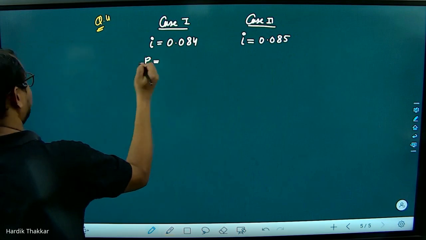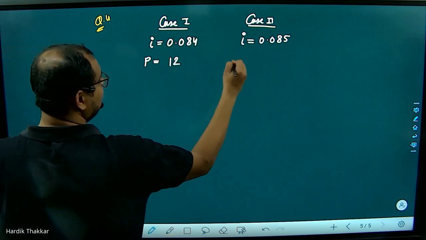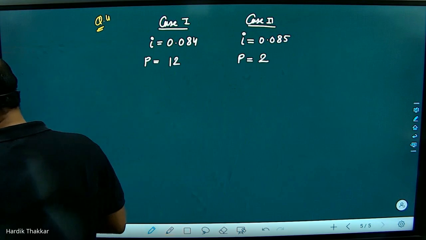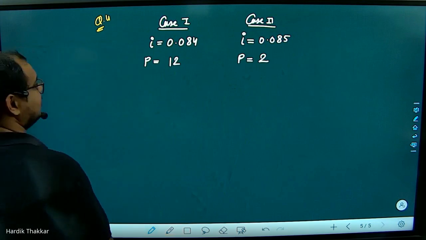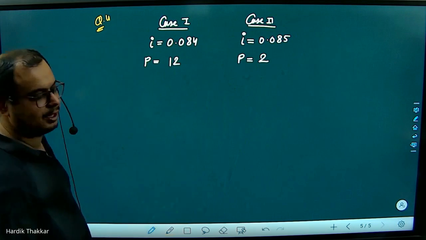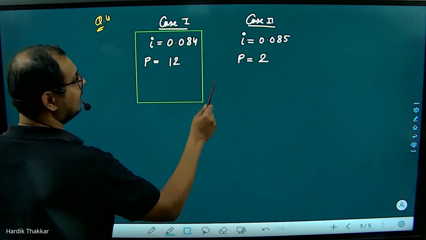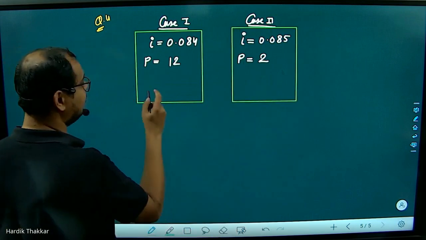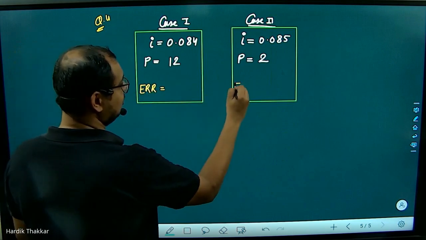केस वन में नंबर ऑफ कंपाउंडिंग पर ईयर कितना है? 12 मंथली कंपाउंडिंग है, और इसमें सेमी एनुअली है ना, तो 2। अब इसके बाद पूछ रहा है विच ऑप्शन इज बेटर फॉर मिसेस रेनू, तो कौन सा ऑप्शन बेटर है? यस, दोनों का ईआरआर कैलकुलेट करना है, जिसका ईआरआर ज्यादा है वो, उसमें इफेक्टिव रेट ऑफ रिटर्न ज्यादा है, तो ईआरआर कैलकुलेट करेंगे दोनों का।